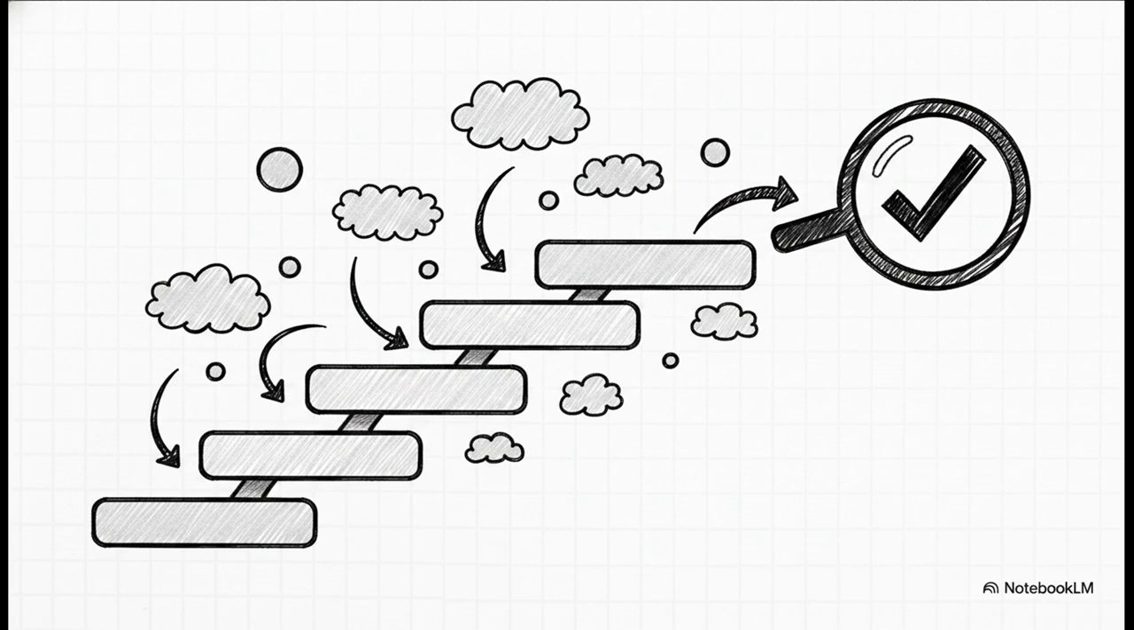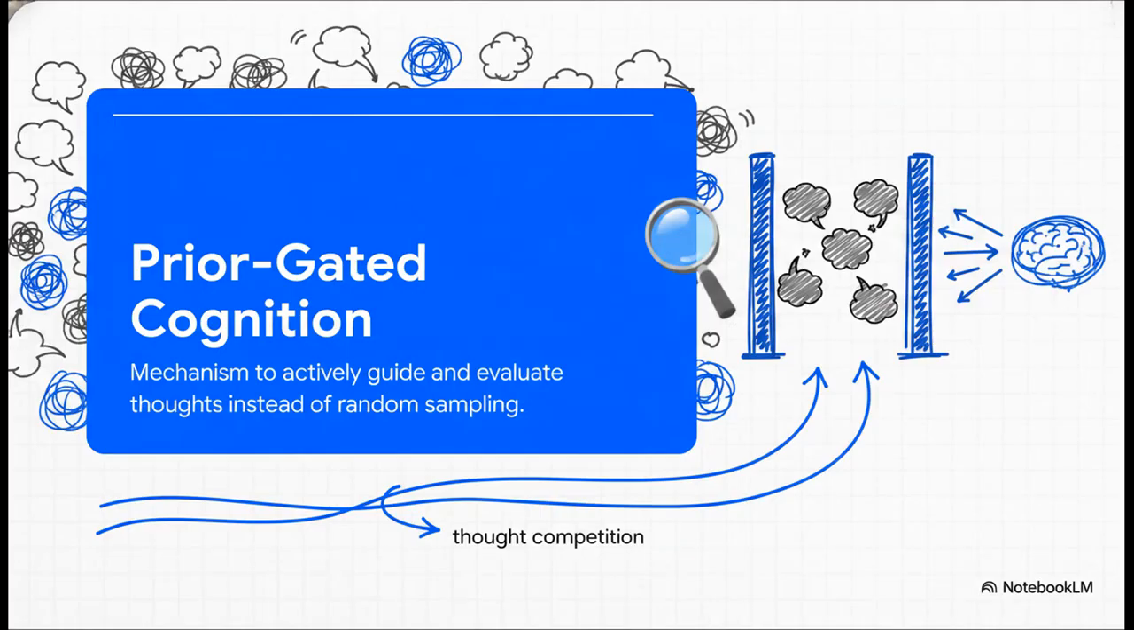They are thrown into deterministic thought competition, where they're evaluated using expected free energy-like scores. This mathematically guides what the agent focuses on. Now, to figure out exactly which thoughts win that competition across the different layers, the system relies on prior-gated cognition. This is a gating mechanism that completely throws random sampling out the window. It works hand in hand with that thought competition to actively evaluate and intentionally guide what the agent thinks about